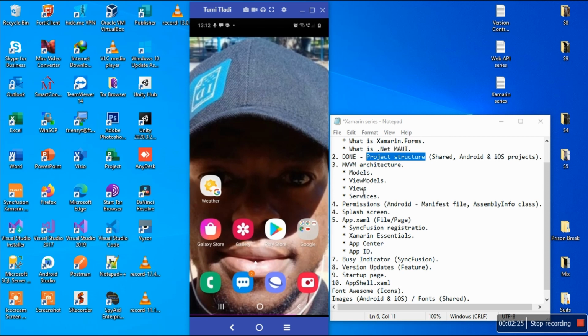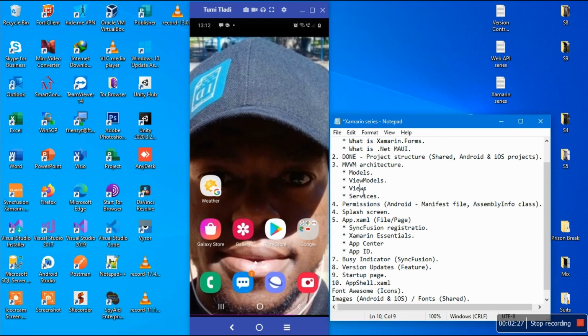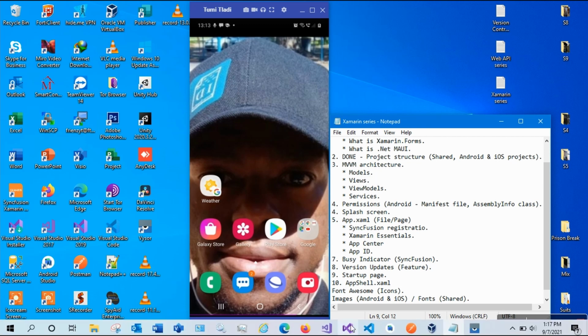Now, how is MVVM in the models? Oh, they said... I got it the other way around. So, okay, models, views, and view models, right? I also included the services. So this is my architecture in Xamarin, where I also have the services, because the service is supposed to help in this regard. Okay, so with that being said, let's go to,